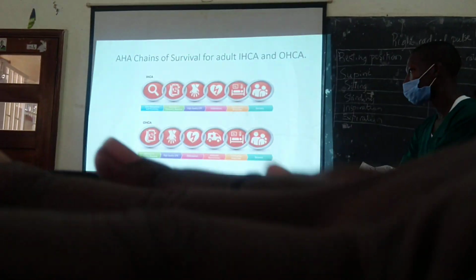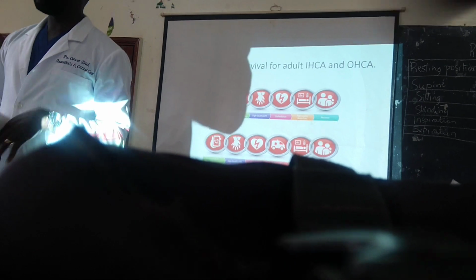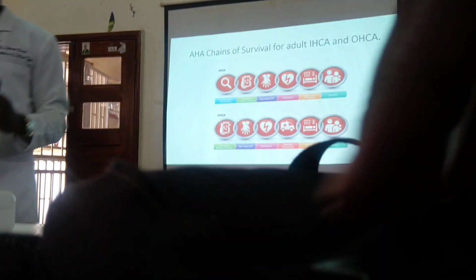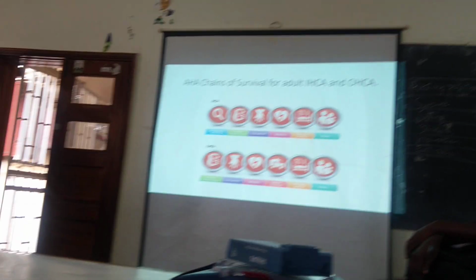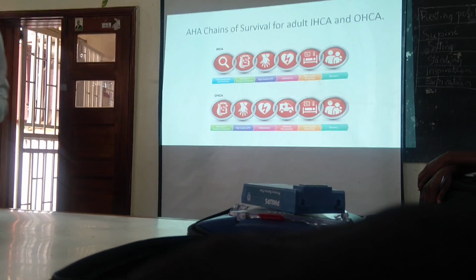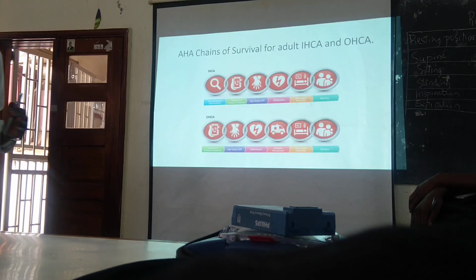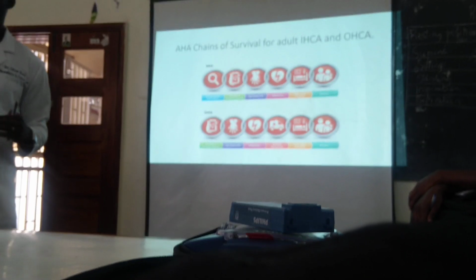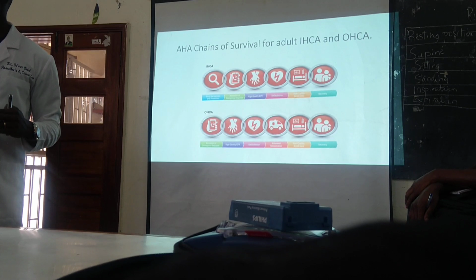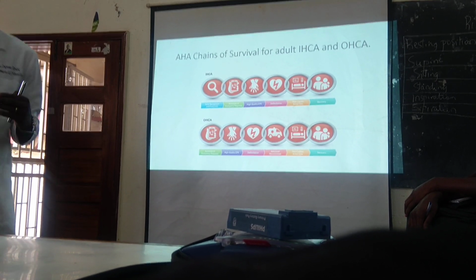So in early in-hospital cardiac arrest, we have early recognition and prevention. Here we have an emergency response team who will be moving, let's say, from casualty. I can visit casualty, find out which patients are critical at that point. And those who are critical, at risk of having cardiac arrest, I make sure I reverse the processes of them getting into cardiac arrest. And of course, the causes of cardiac arrest, we know them. The H's and the T's. Those are reversible causes. The non-reversible causes, you can't do much about them. You have only to target the reversible causes.